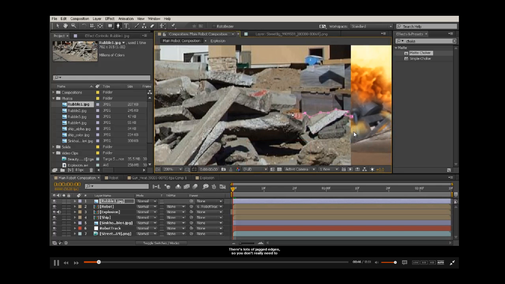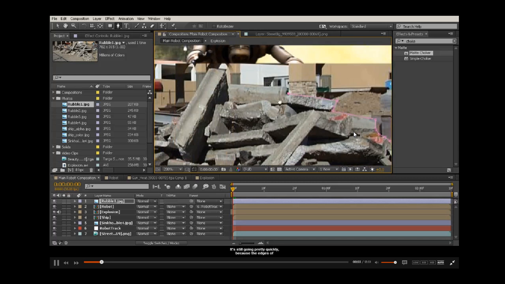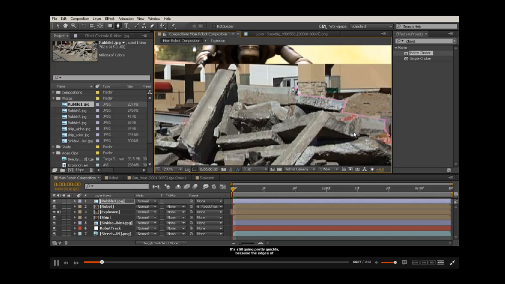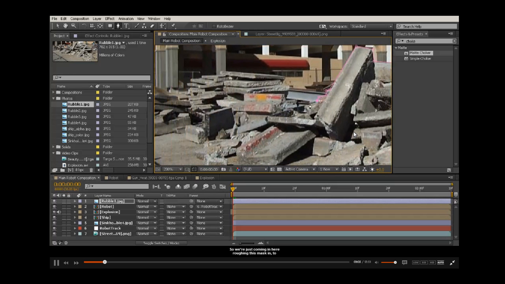There's lots of jagged edges, so you don't really need to worry so much about getting all your Bezier handles pulled out or just right. It's still going pretty quickly because the edges of them are just so straight here. Okay, so we're just kind of coming in here, roughing this mask in